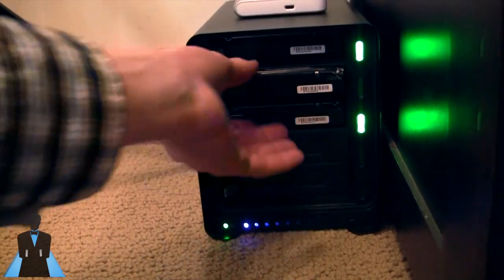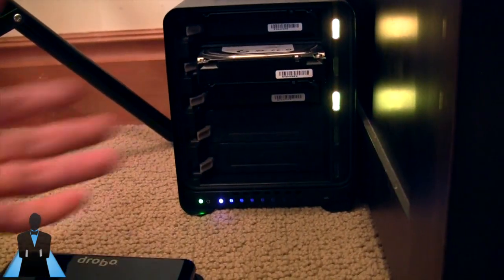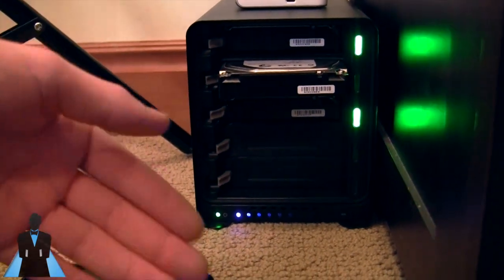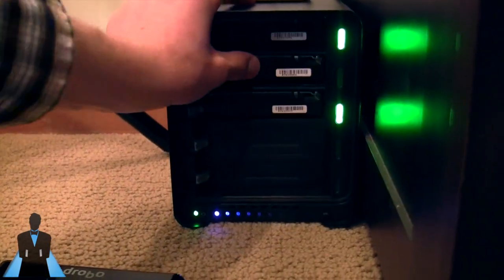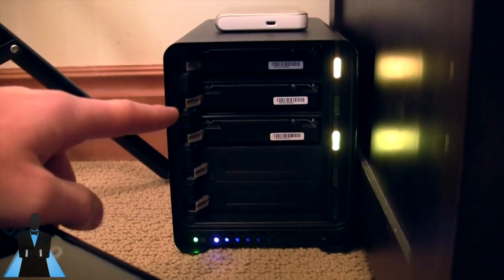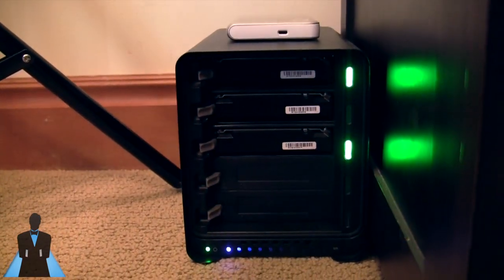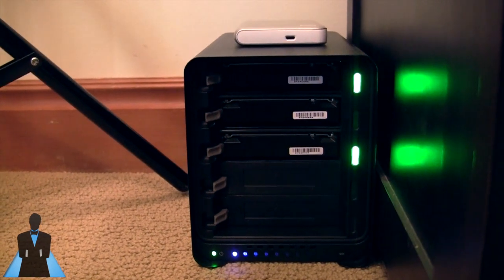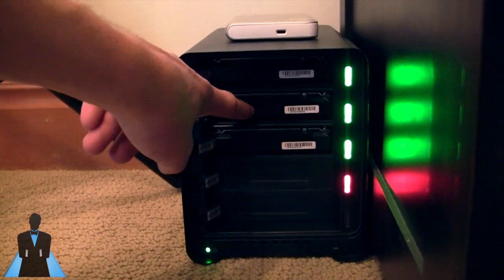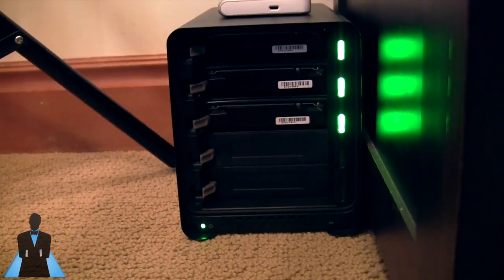So I could pop a drive out. The Drobo says, hey, what the crap, put that back in, and I can then pop in a new drive, I can pop in a completely different drive, I can hot swap drives, doesn't matter, Drobo knows what to do, and it rebuilds your data in like 10 or 15 minutes. So that will be completely restored. Even though I pulled out a drive, I could have stuck in a brand new one, and it will completely restore to its healthy state. Really amazing. Hard drives fail all the time. I actually had one fail on me last week, so this is a new 2TB Seagate drive,